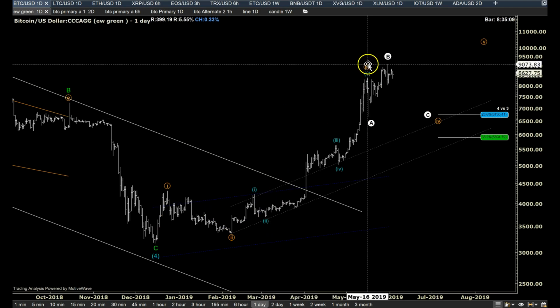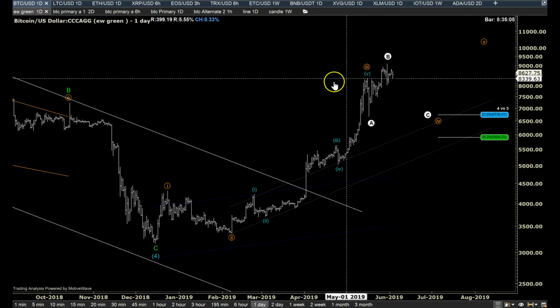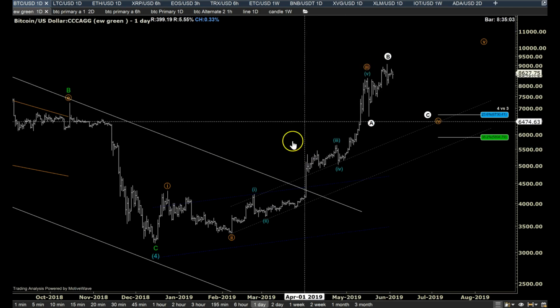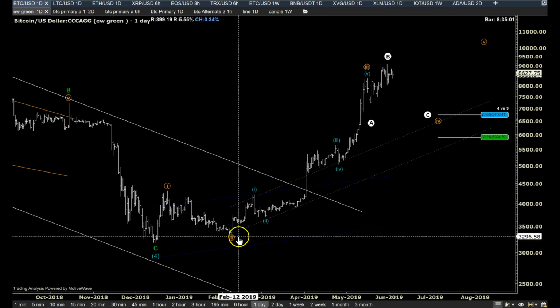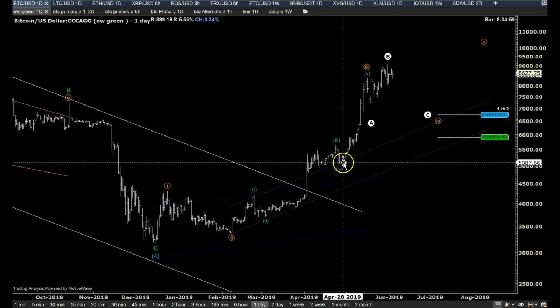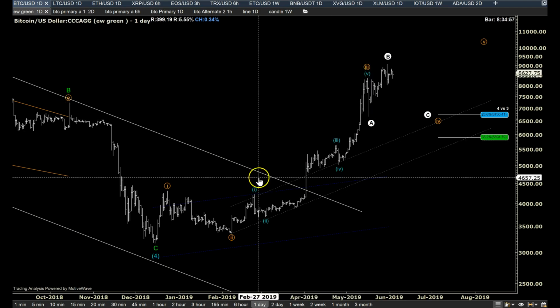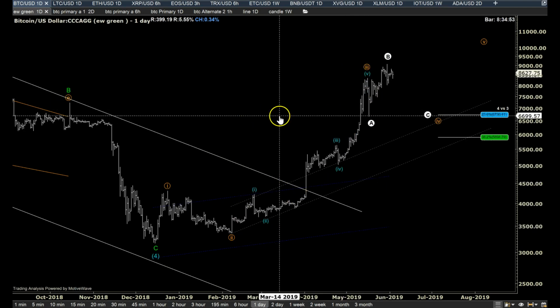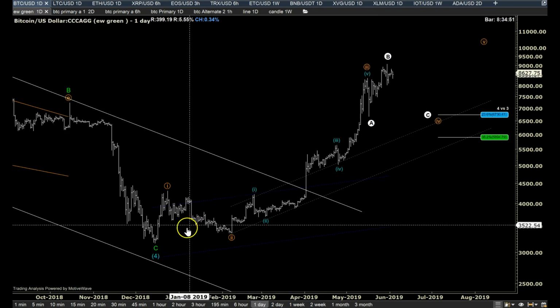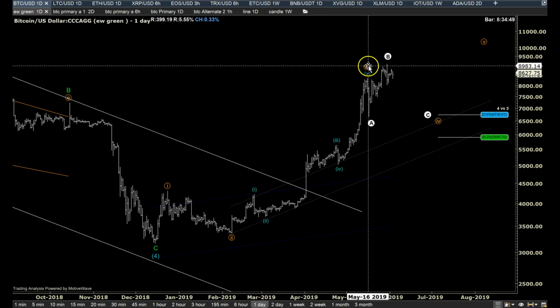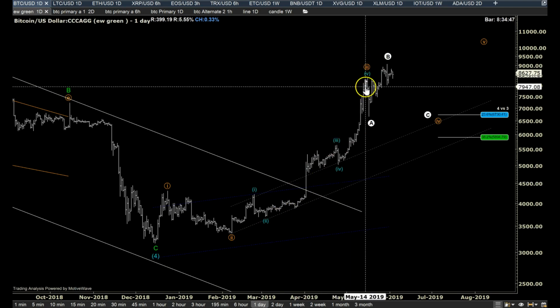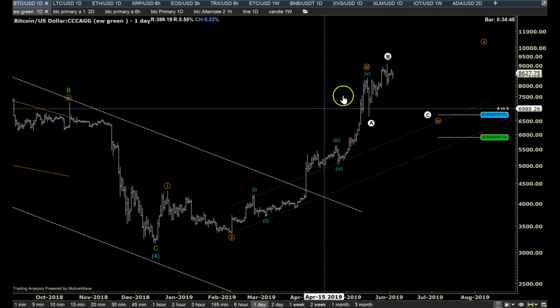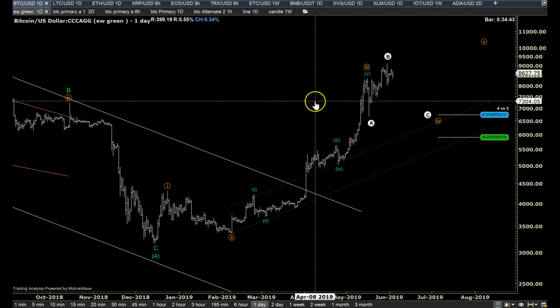Within an impulse move, we gotta have 5 waves, and if I look at this wave 3 orange, let's say that this wave is done, you can go back and see that you have a 1, 2, 3, 4, 5. There are several ways that you can count this, and I'm going to show you on the other counts, but let's take it one at a time. So here, within this 3 orange, you have the 5 wave subdivision, and considering that this wave is done, the